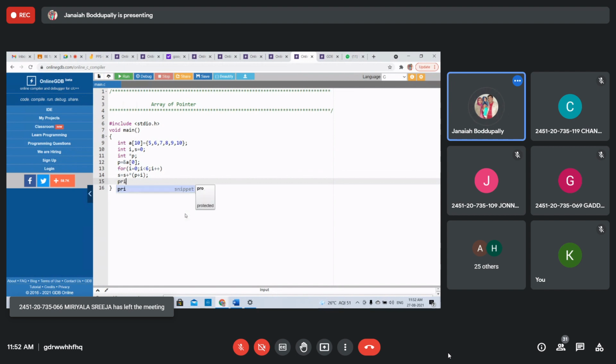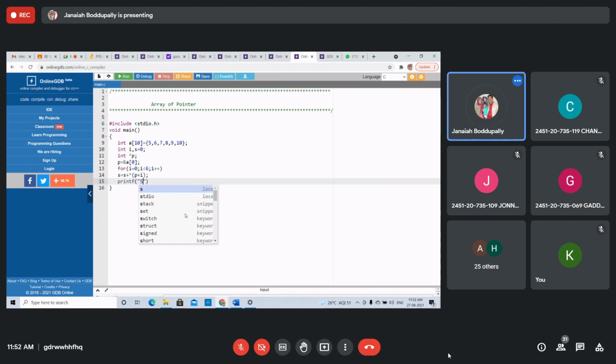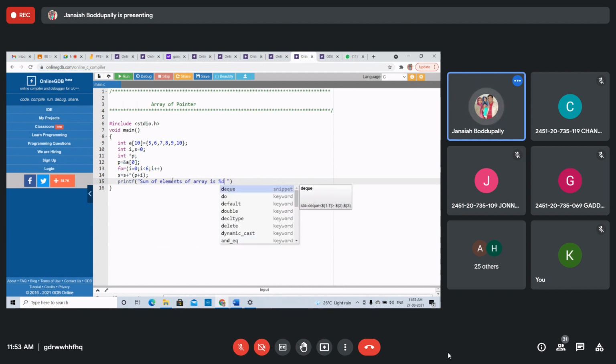Finally, printf sum of elements of array is percent d.